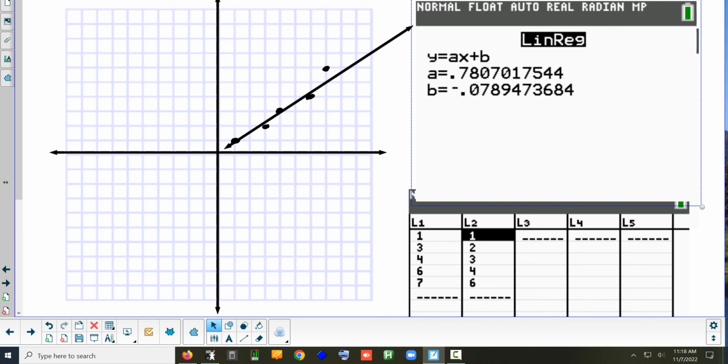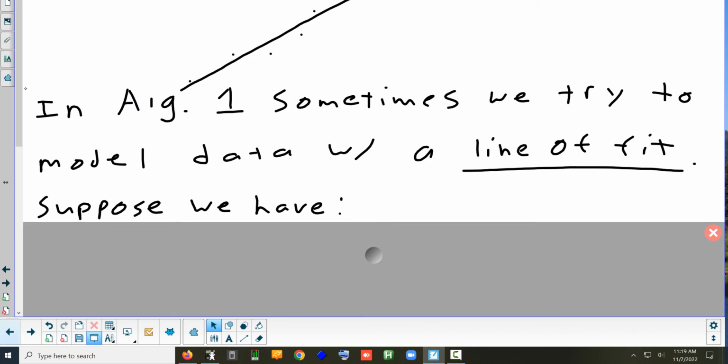So that's a line of fit. If you take statistics next year, you may learn how to do this. How do you calculate the best slope and the best y-intercept you should have for a set of linear data? And there's a process to do it. But what we're going to look at